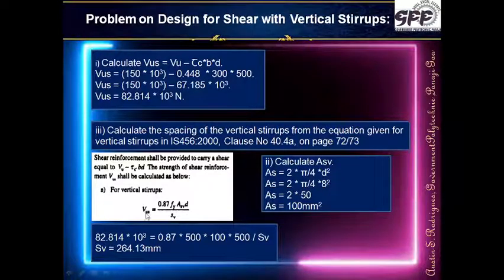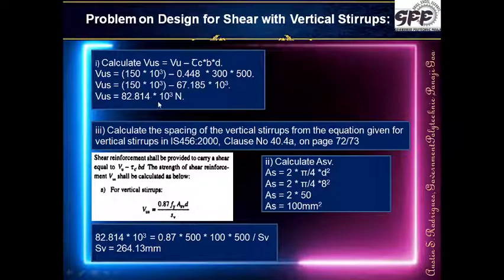So that's the one. Now in this, VUS is already known to us, 0.87 is known to us, the type of steel is known to us. We don't know the value of ASV. The value of ASV is calculated over here. Now in order to calculate this, we are assuming that our stirrups are made of two-legged 8 mm dia. So ASV is two-legged, pi by 4 into D square. So ASV is 2 into pi by 4 into 8 square, or ASV is equal to 2 into 50, which comes to 100. So ASV we have got is 100, D is already known to us. So all these parameters are known to us, only SV is to be found out.